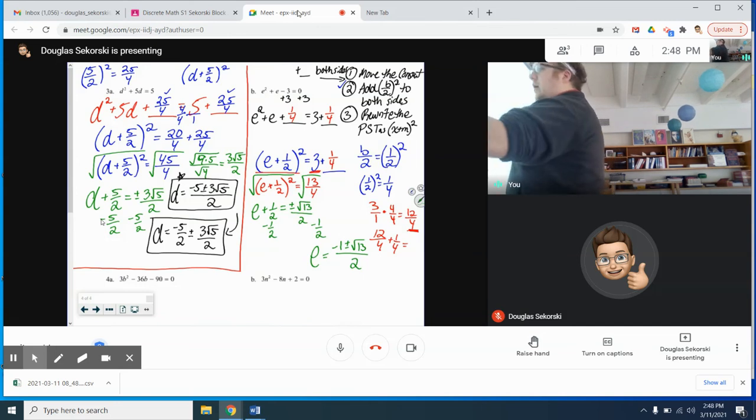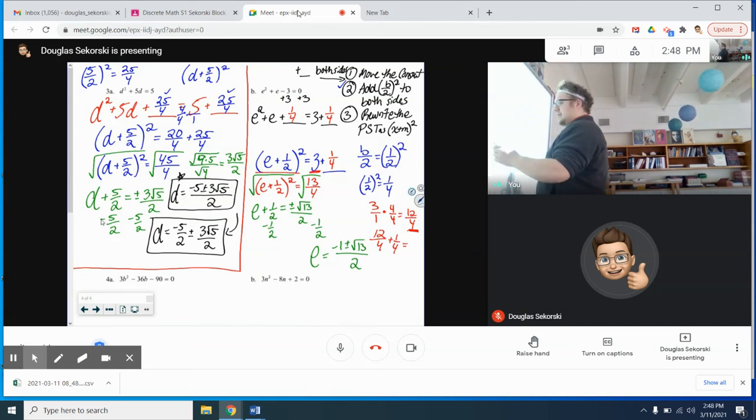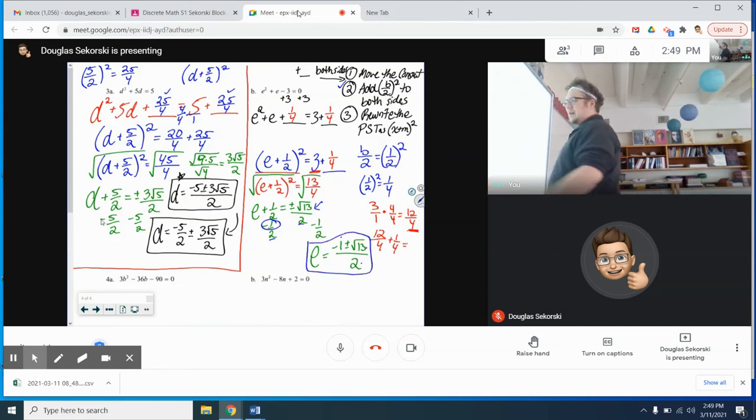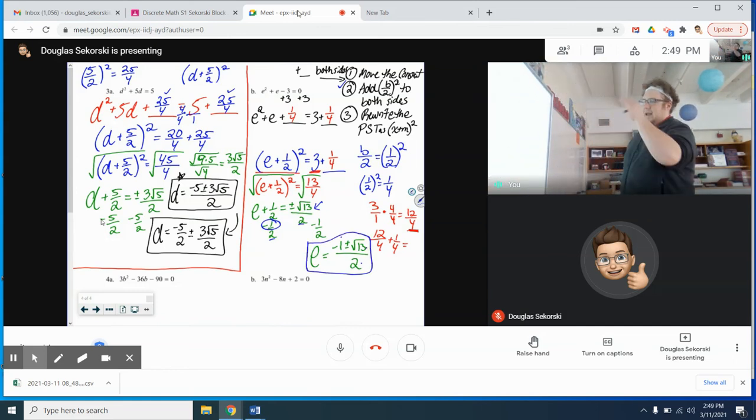And if you're wondering where all that came from, right, this is the -1 right there. The fact that both of these are halves is why I chose to write a single denominator of a half, and then root 13 is right here. So I would say the final answer for that one is e equals -1 plus or minus root 13 all